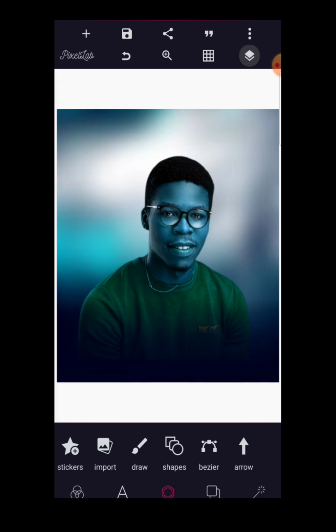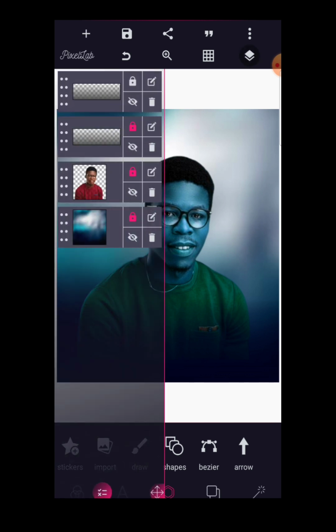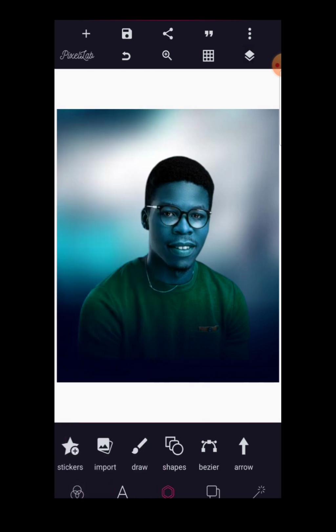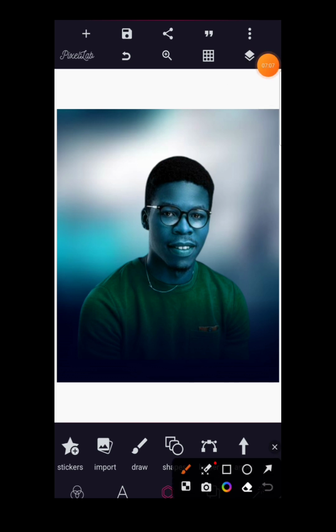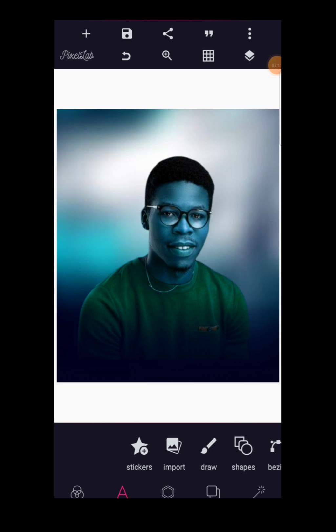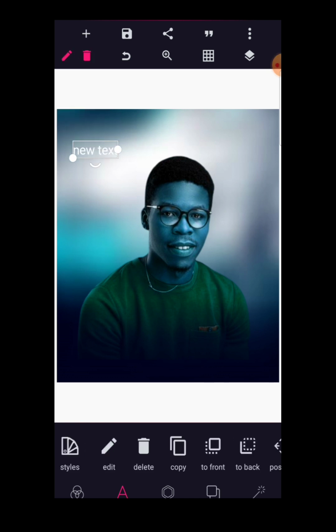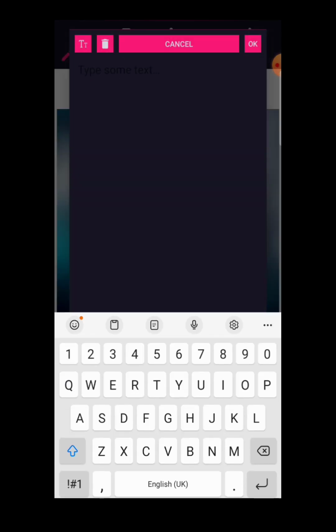And that is exactly what we wanted to achieve. So go to layer and lock everything up. Now it's time for us to begin writing, and the first thing that we're going to write is simply by clicking on this letter A, which stands for our text on Pixellab. So just click on it, double tap to write dated,